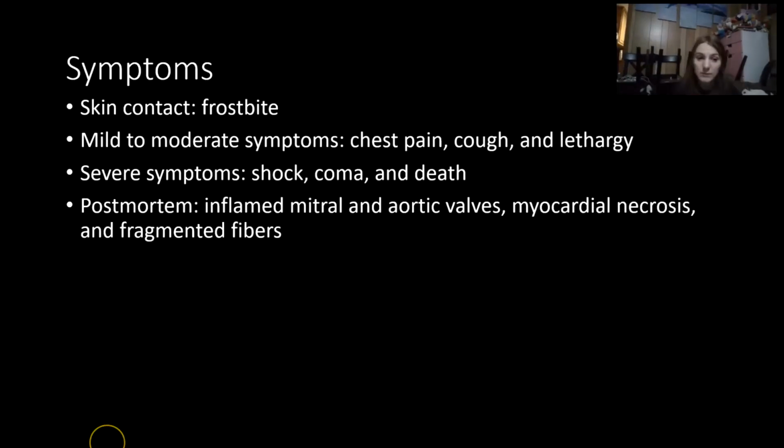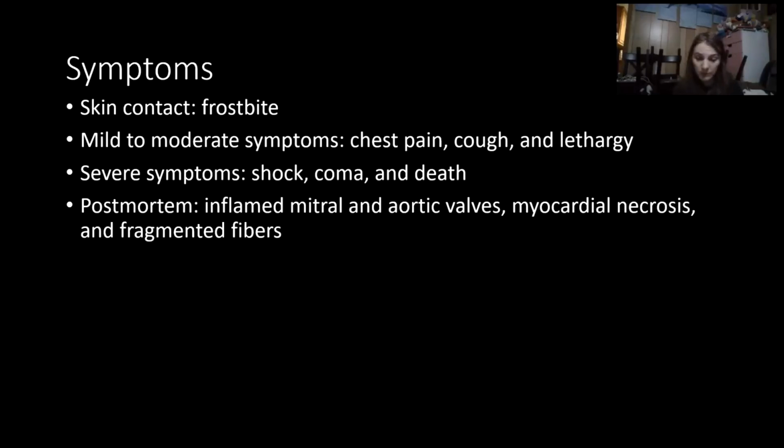The symptoms of this poisoning are: if it comes into contact with your skin, it can cause frostbite. Some mild to moderate symptoms, which may or may not occur in everyone, are severe lung irritation, burning chest pain, decrease in blood volume pumped by the heart, headache, restlessness, irritability, dizziness, lethargy, drowsiness, fatigue, double vision, gastrointestinal distress, liver damage, sweating, loss of feeling, impaired walk, trembling of extremities, staring movement, cyanosis, which is discoloration of the skin, a cough sometimes with fluorescent green sputum, dyspnea, nausea, vomiting, diarrhea, and abdominal pain.